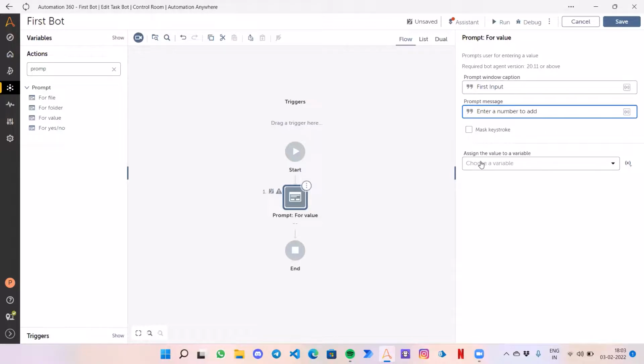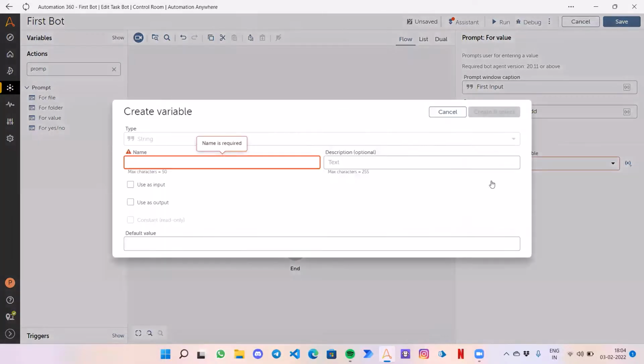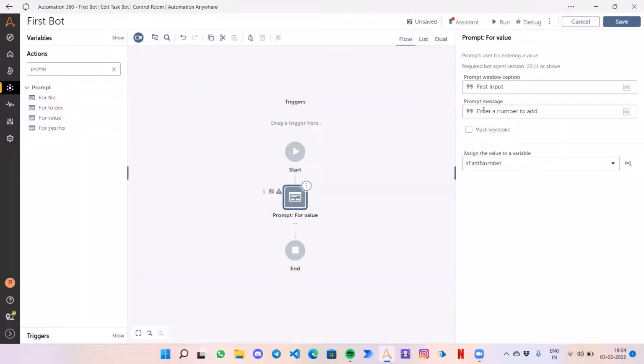Now it says assign the value to a variable. So I want to store this in a particular variable. What is happening? It shows that only string type values can be used, so I cannot accept a number variable from a user. So what we will do now is click on create variable, and let's say sFirstNumber, create and select. Similarly, let's copy it,